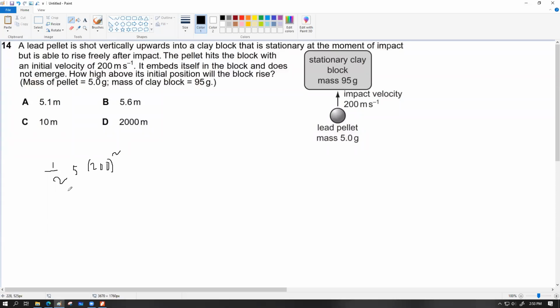So one of the key understandings is that the amount of kinetic energy that this pellet will bring to the block, whenever they will merge, they will go up to get a GP at the highest point of motion that will be equal to this initial K. So whatever the K that this lead pellet provides to this stationary block, that thing will be converted to the combined GP of the block and the pellet together. So this is the K that the lead pellet is bringing to the system. As a result, the total GP might as well be what? 95 plus 5 into 9.81 into H. স্যার বুঝি নাই।